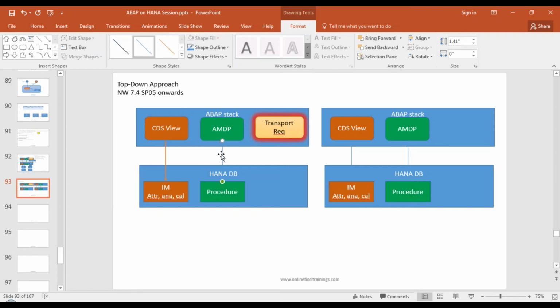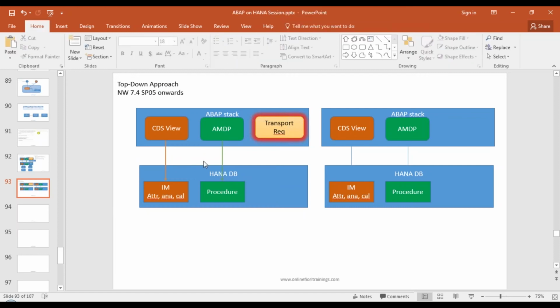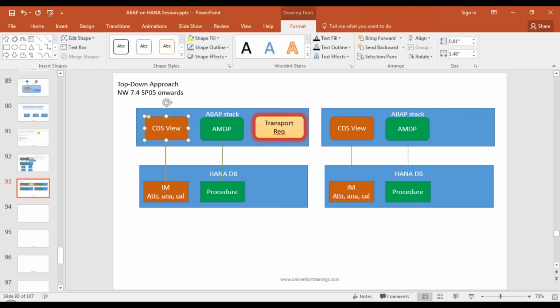CDS views and AMDPs are the most popular artifacts in the ABAP system, completely managed by the ABAP system. Their life cycle is managed by the ABAP system. No synchronization required. They are created in the ABAP system using ABAP Development Tools, ADT. You cannot use SAP GUI once again for creating them. You have to use ADT. And then when you lock it in a transport and release, or when you activate and run them for the first time, they correspondingly get created in the HANA database. Your architecture is simplified, the way you create objects is simplified, no need of synchronization, and the complete life cycle is also simplified. Is that clear to everybody?